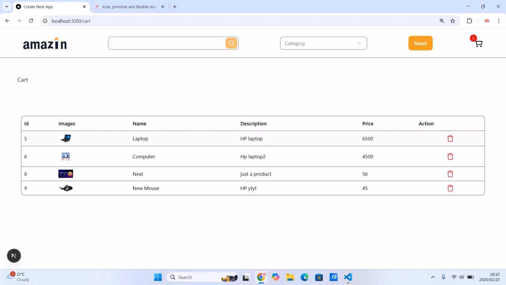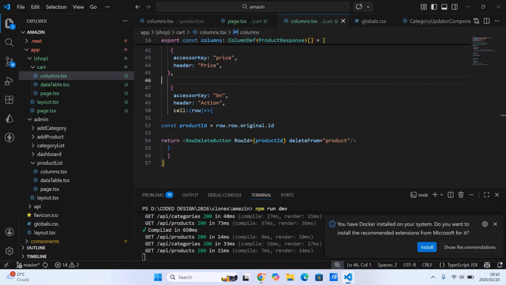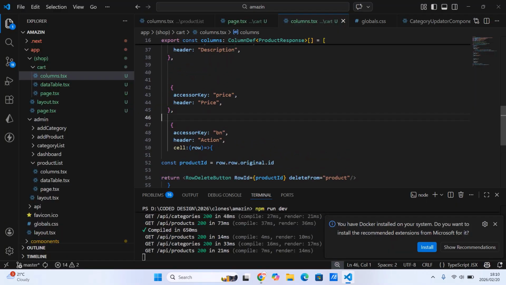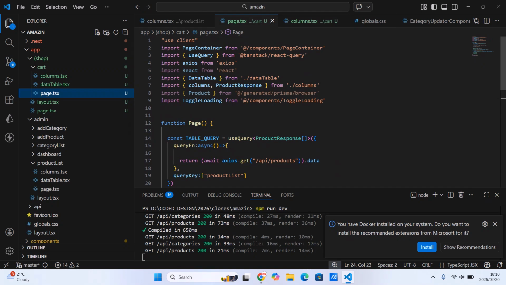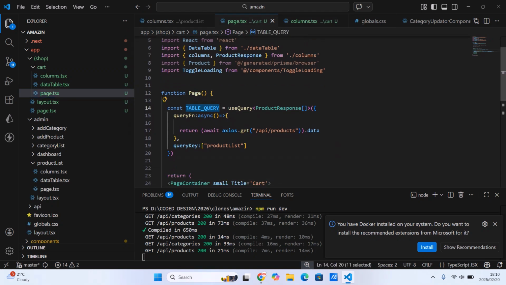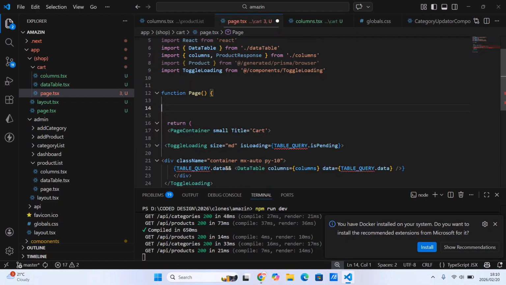Okay, but this data still comes from the API. It's not this one. What we want to do is make sure of the data. Where is the data? Let's go to the page. Okay, the data comes from the atom, not from the query. So what we want to do here is delete this query, and then we want